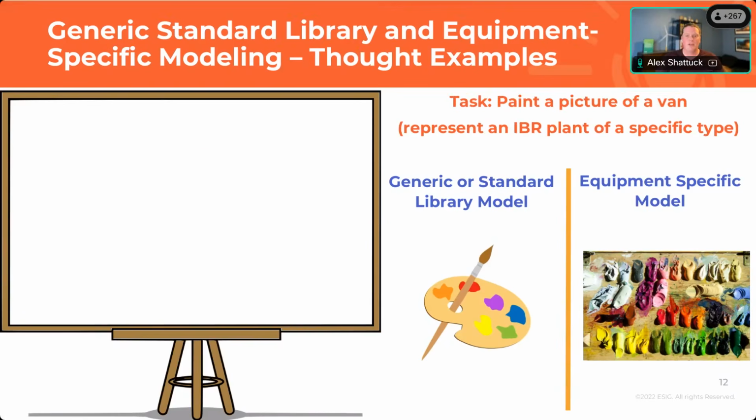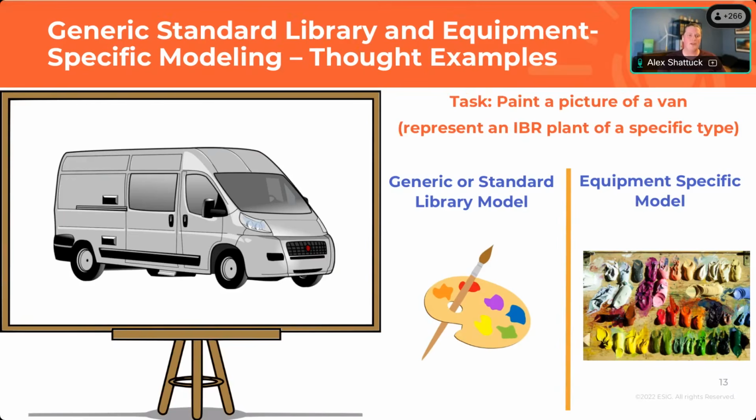So if we want to move on to something more specific, right? So paint me a picture of a van, right? This is a little bit more specific than any vehicle. It's a van. Same tools, same discussion as before. A little bit more detail drawn. So if I'm saying just paint me a picture of a van, you probably can get a pretty rough approximation of a van